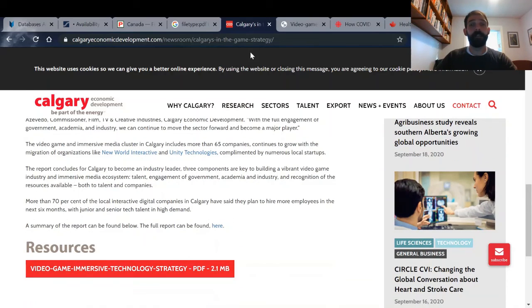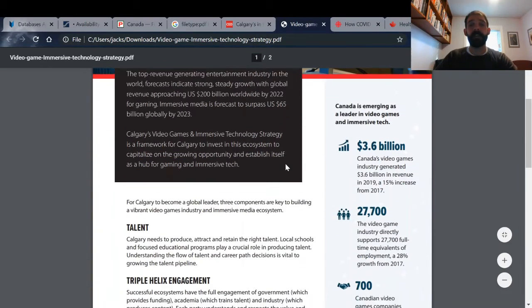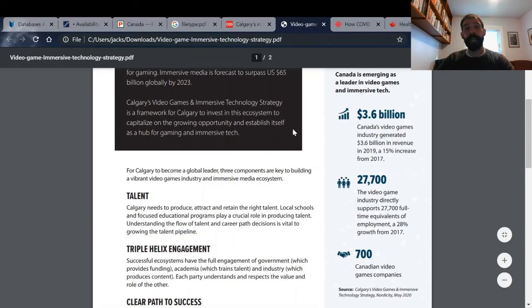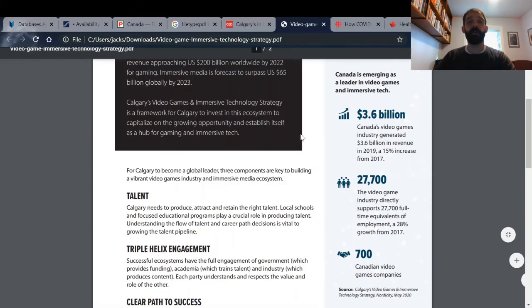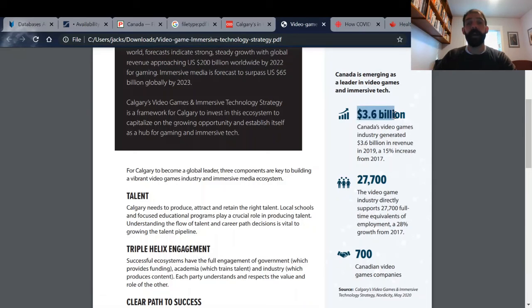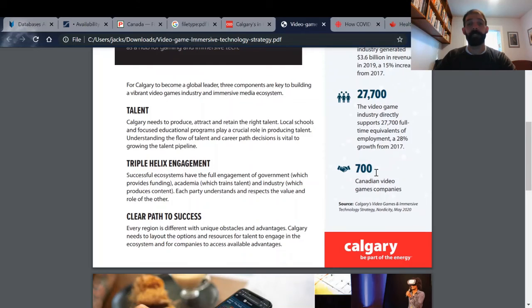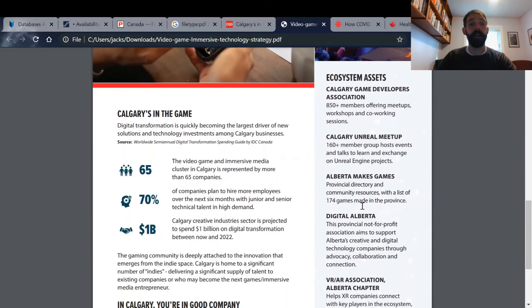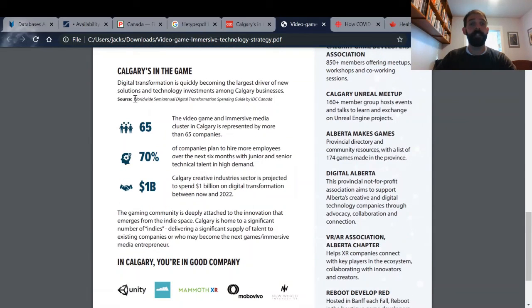And so I looked at the full report that they have on that. And you can see here what I'm looking for, what I'm scanning for in this report, even though it's not in a whole lot of depth. They've provided some statistics here about the video game industry, and importantly, they've provided a link or at least a reference to the source of those statistics. So I can now look at that report or try to seek that report to find more statistics. And down here, very similarly, they have a different source of information about the video game industry in Calgary. So those are the kinds of clues I'm looking for.